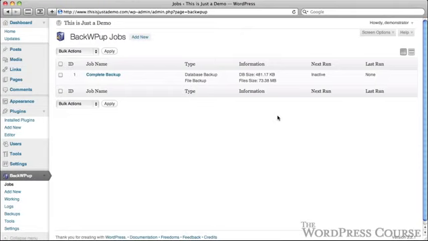The next thing that we're going to take a look at is how to do an update. The reason that I wanted to show you the backups before we do the updates is that I highly recommend that whenever you're going to update your WordPress installation, you perform a complete backup first. So let's take a look at updates, which you'll find underneath the dashboard section. We're going to click Updates,